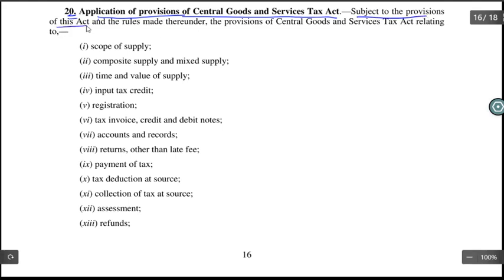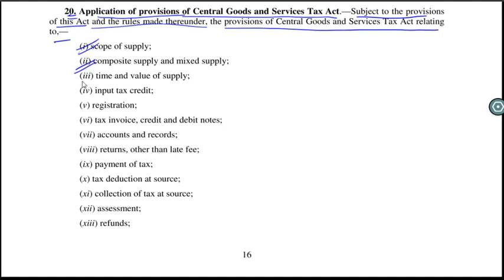Subject to provision of this Act and the rules made thereunder, the provision of CGST Act relating to scope of supply, relating to composite supply and mixed supply, relating to time and value of supply, provisions relating to input tax credit, provision relating to registration, provision relating to tax invoice, credit and debit notes, provision relating to accounts and records, provision relating to return other than late fee or fine,